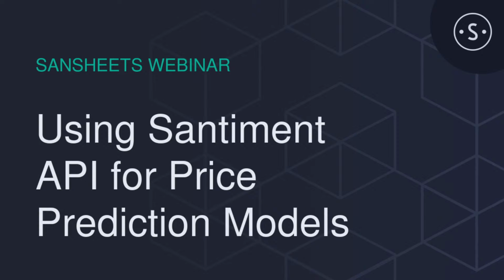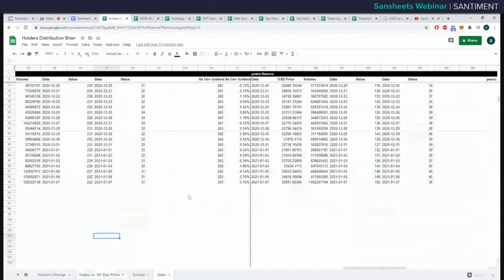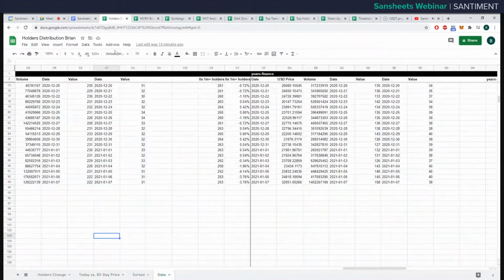And after that, you'll basically have an API code. Now, with that API code, you'll want to go to sheets.santiment.net. I'm not going to do it myself now because my code is going to show and I don't want to reveal that. But basically all you have to do is go to sheets.santiment.net and you will see in your avatar, which is going to be in the top right over here, a place where you're going to be able to just copy your code, and you're going to go to any of the models or any Google Sheets page, that is,